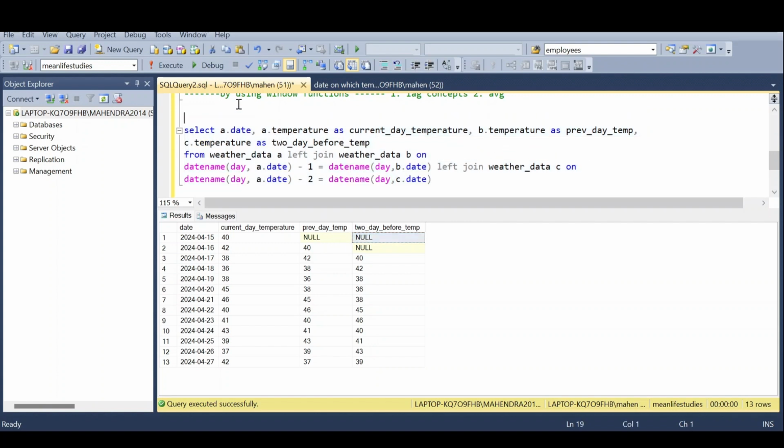Now I'm going to assign this as city, and then I'm going to return date from city where current day temperature is higher than the average of previous 2 days temperature, right? So that is why I'm going to find the average of previous day temperature and 2 day previous day, I mean second before, 2 day before temperature, divided by 2. Now if I execute this query,